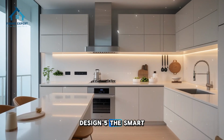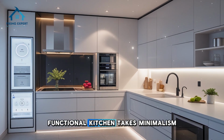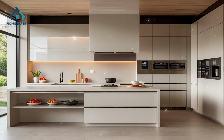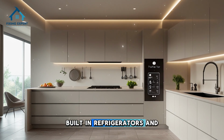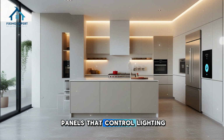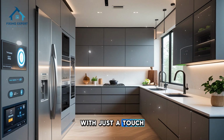Design 5: The smart, functional kitchen. Finally, the smart, functional kitchen takes minimalism to the next level with the integration of technology. This design incorporates hidden, built-in appliances, like an invisible range hood, built-in refrigerators, and touchless faucets. There are even smart panels that control lighting and temperature, making everything easily adjustable with just a touch or voice